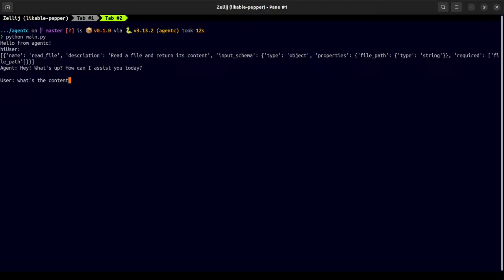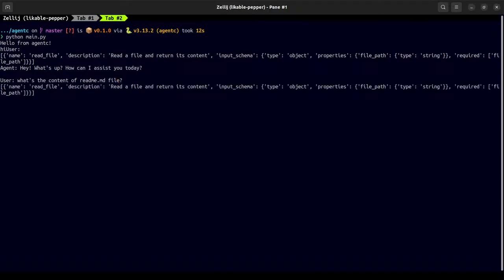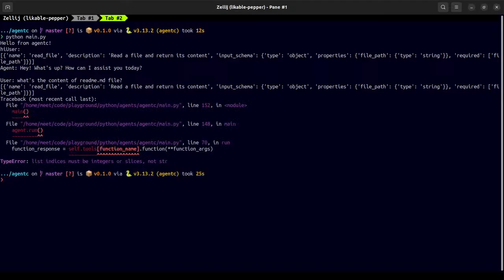What's the content of readme.md file? Let's see if it can figure it out. Main signatures must be integers or slices, not str.